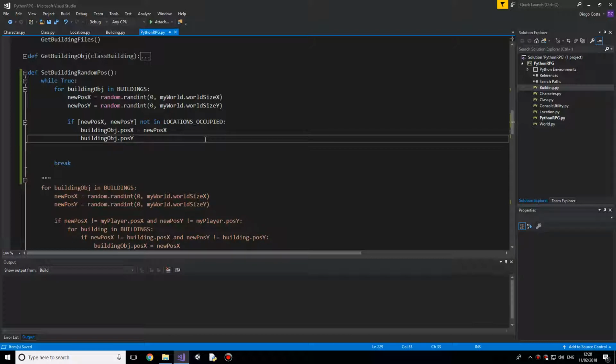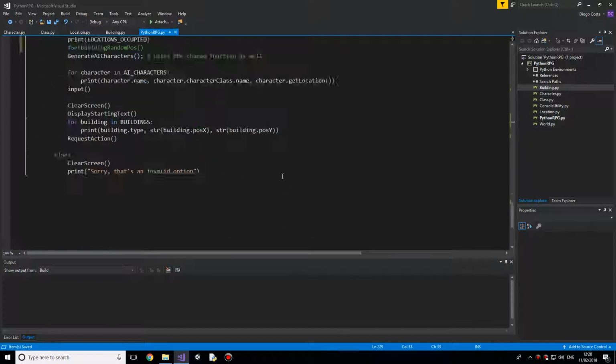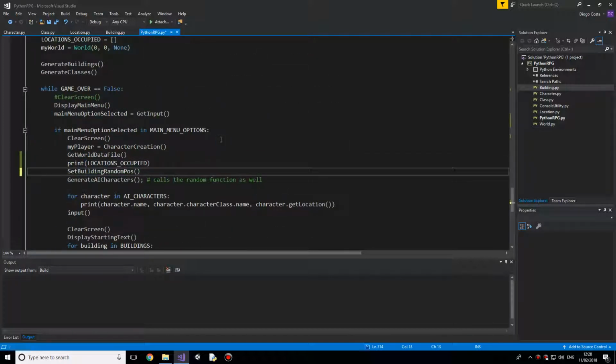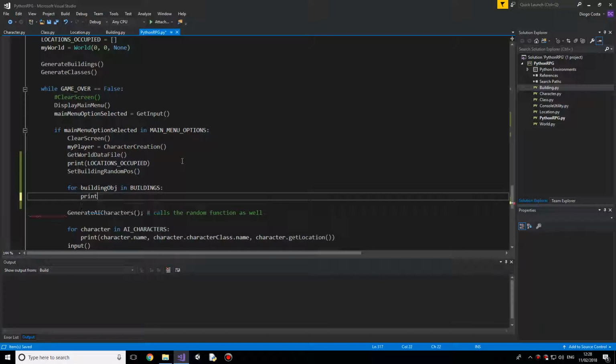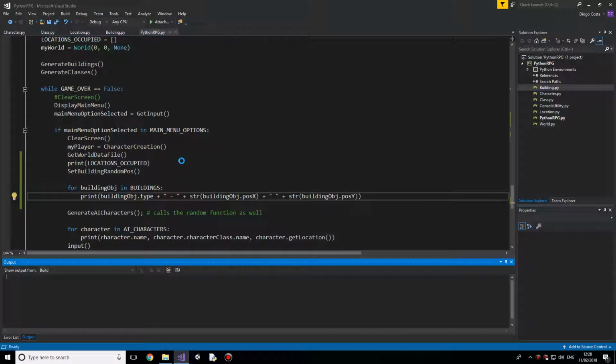if I currently run this how it is, so if I then say for building object in set build not in buildings, print out the building object dot type followed by string building object dot pos x, followed by string building object dot pos y. If I do that,